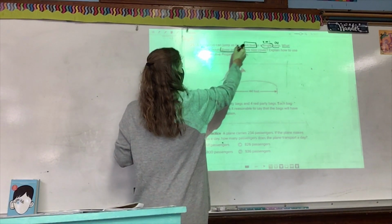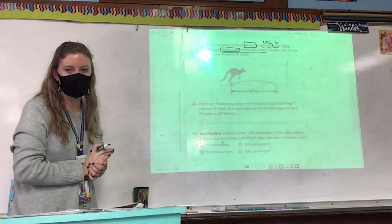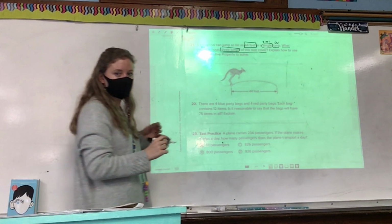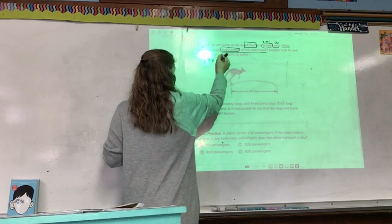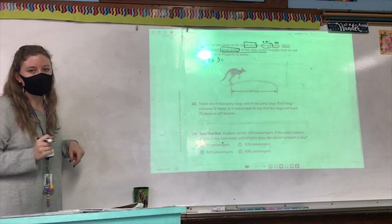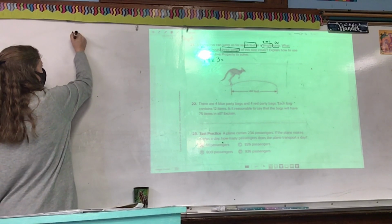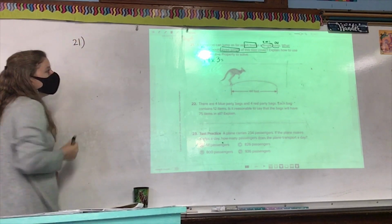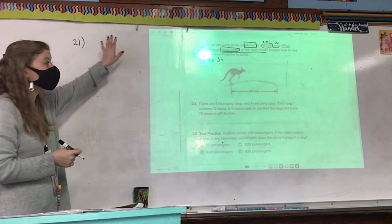3 jumps. So we know our equation looks like what, Zari? 44 times 3, or 3 times 44. Can we solve it that way? No. So we need to come to our separate sheet of paper. But are we solving it up and down? No, we're solving it